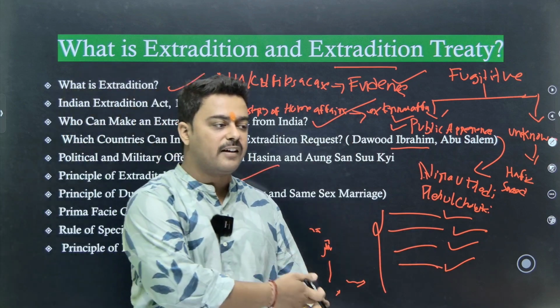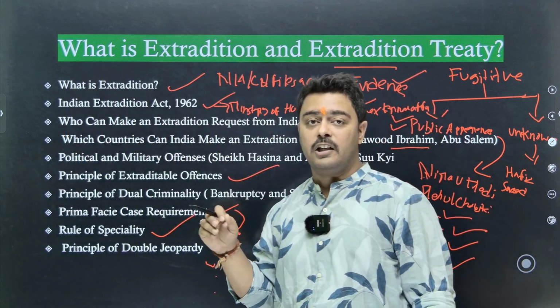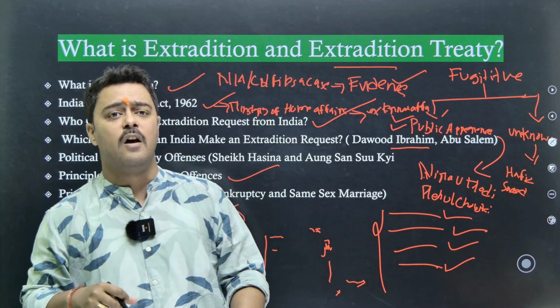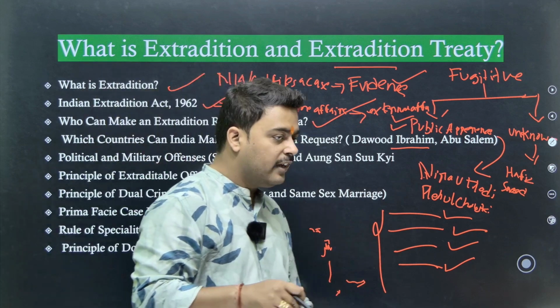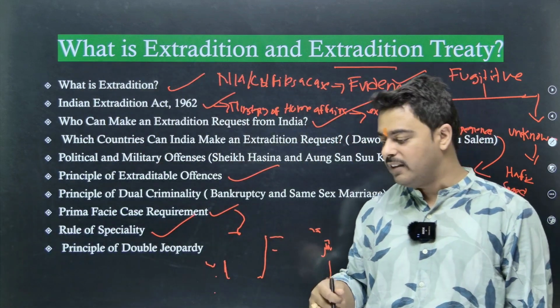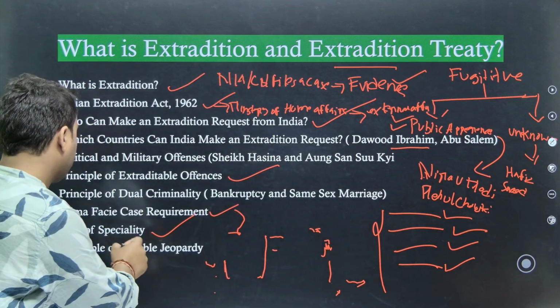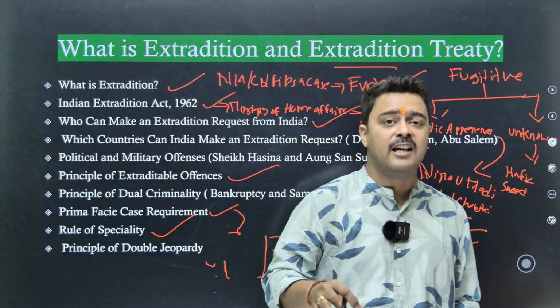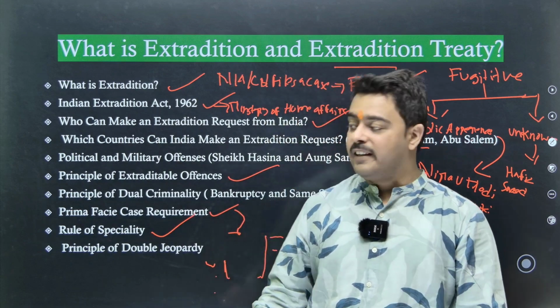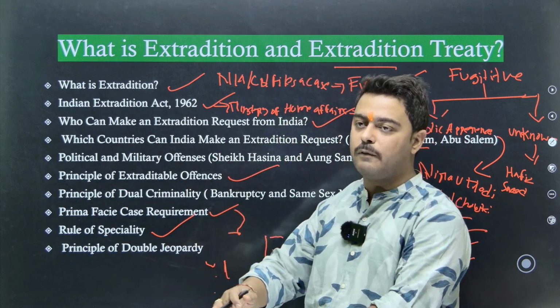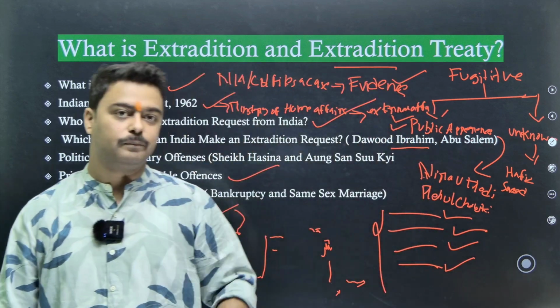ठीक है, नाउ इफ अ पर्टिकुलर पर्सन हैज कमिटेड अ क्राइम इन इंडिया, इफ अ पर्टिकुलर तहव्वुर राणा हैज कमिटेड अ क्राइम इन इंडिया, नाउ ही इज इन जेल in United States and he has been convicted for the same case, for the 26/11 case, and he is in jail from last 10 or 12 years. He cannot be extradited to India because of principle of double jeopardy. सेम जुर्म के लिए आप किसी भी व्यक्ति को 2 बार सजा नहीं दे सकते। ये अपनी सजा वहां काट रहा था, तो इसको भी इंडिया में वो सजा नहीं मिल सकती है।